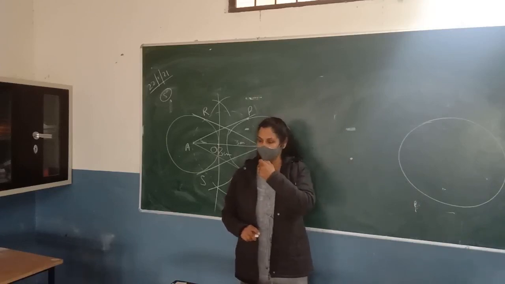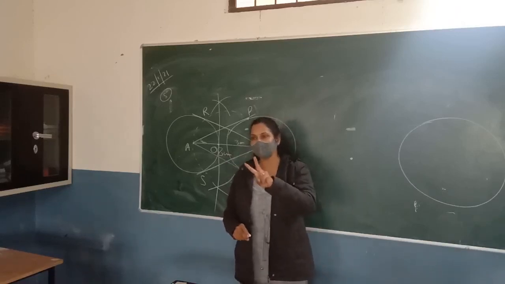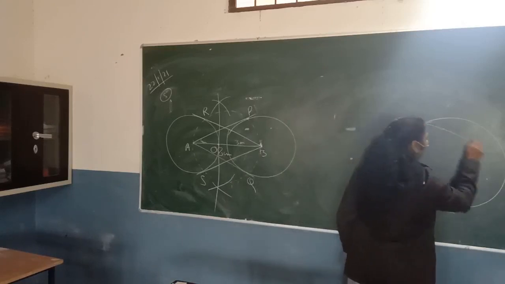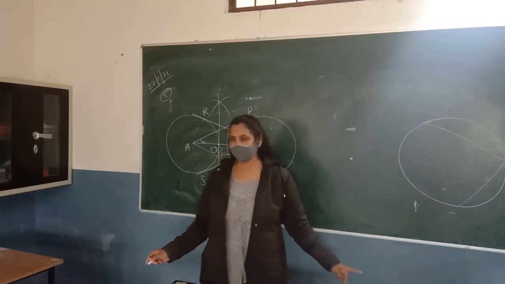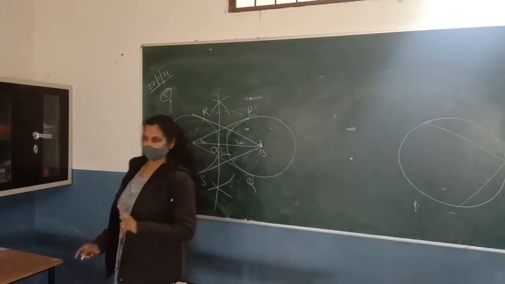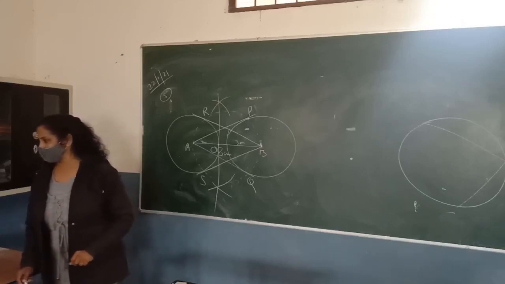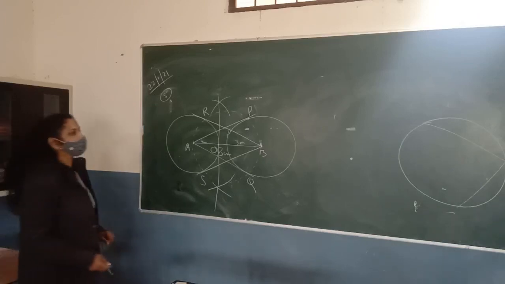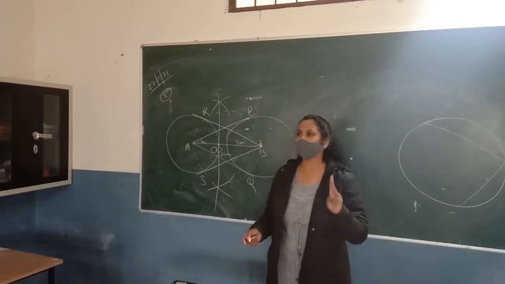Priyanshu. Very good. Take two non-parallel chords. It can be like this, any chords which are non-parallel to each other. So please draw any two chords in the circle which are not parallel to each other. For finding the center of the circle, this is the only method. Draw any two chords which are not parallel to each other. Priyanshu, next.